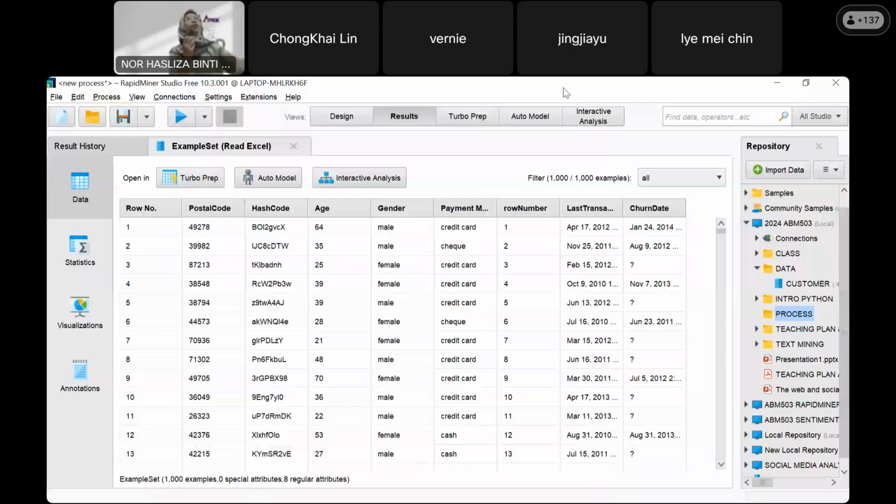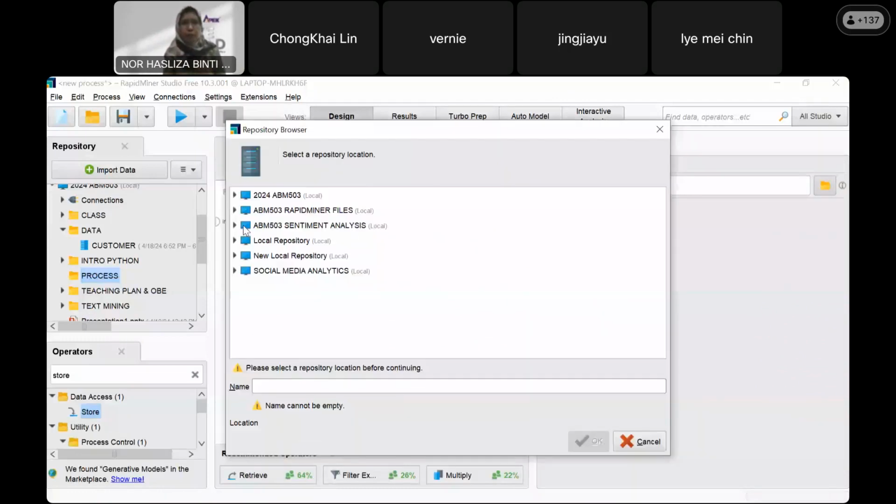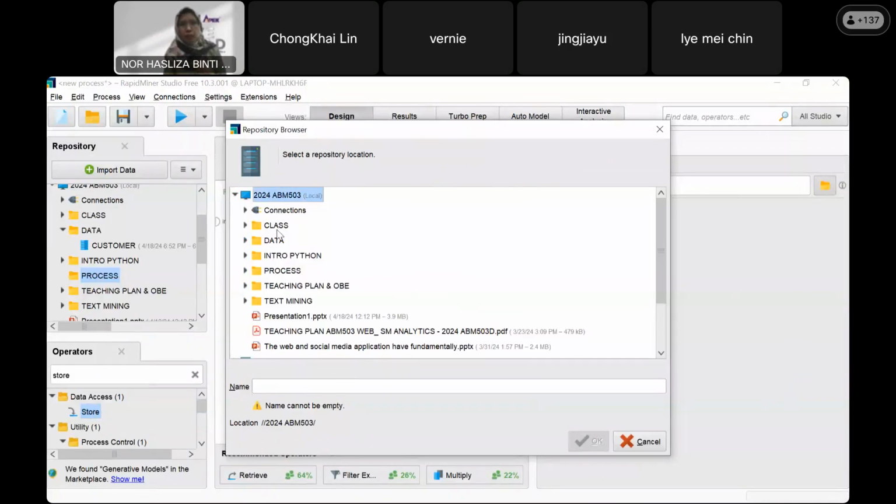Yeah, so now I will do RapidMiner. Okay, my dear students, design here. I install again, don't worry. I run, I go to design.